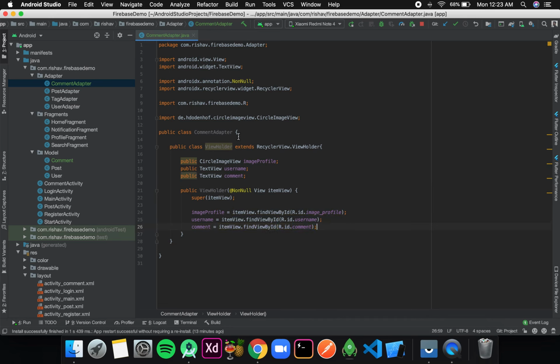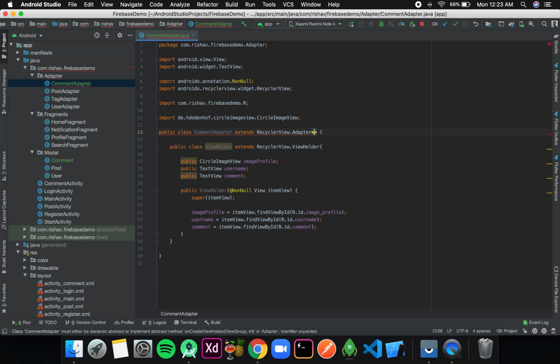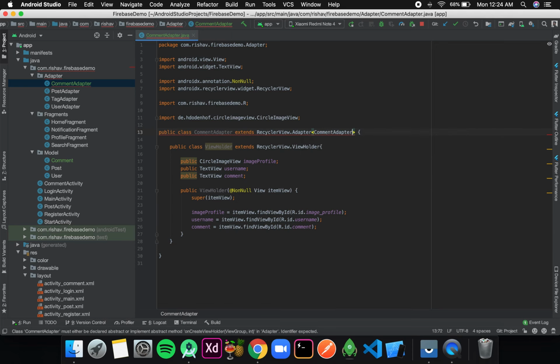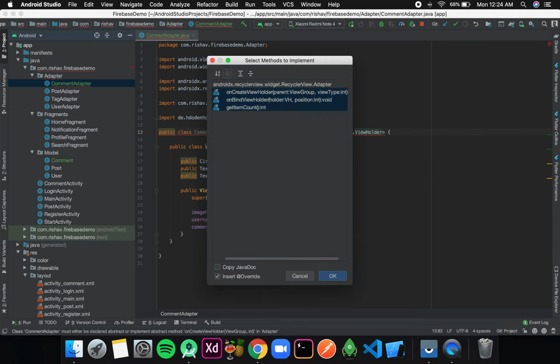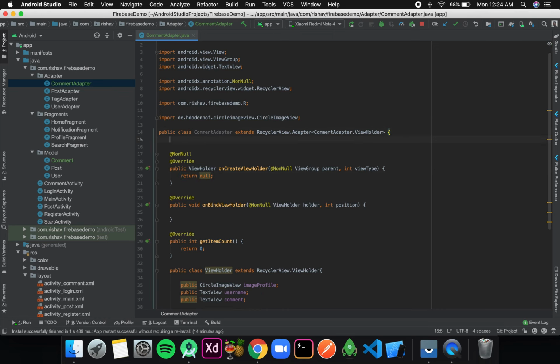Once done, over here in our comment adapter I'll write extends RecyclerView.Adapter, and inside angle brackets I'll write CommentAdapter.ViewHolder. Now I'll need to implement a few methods. Now inside this I expect some values, and that I'll take via constructor.